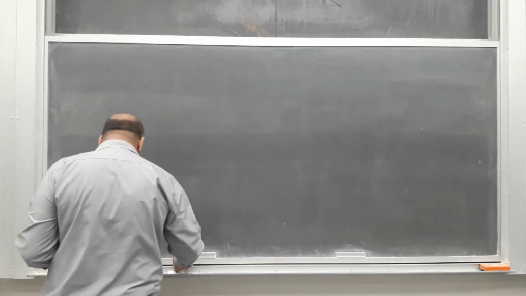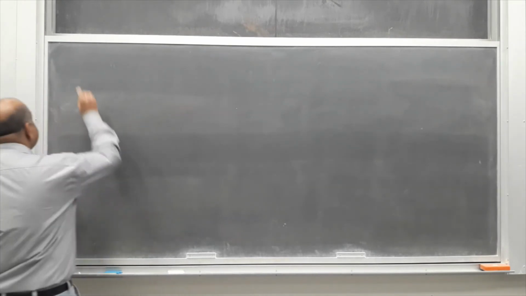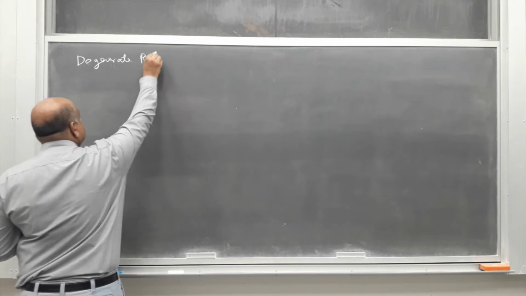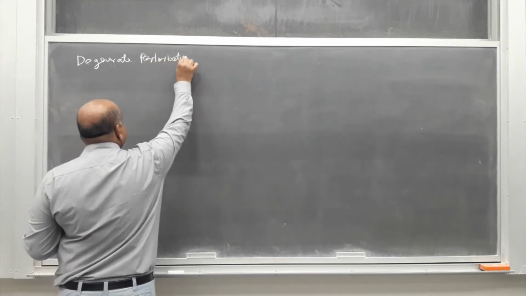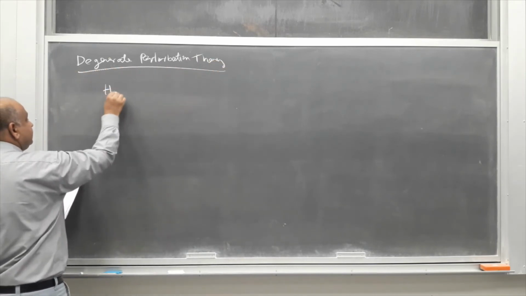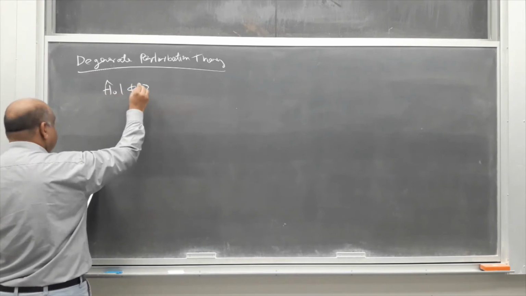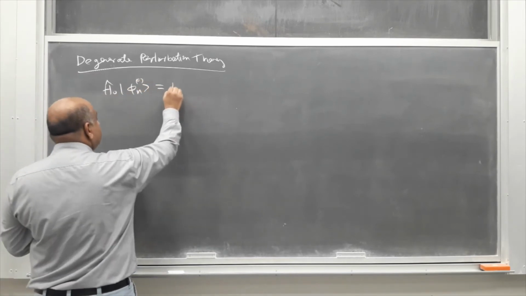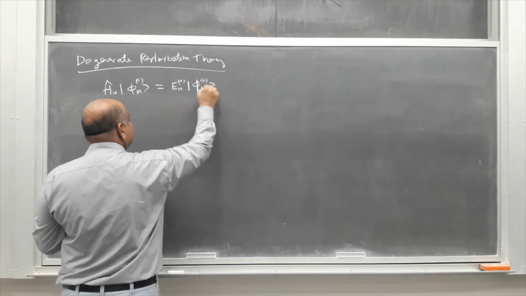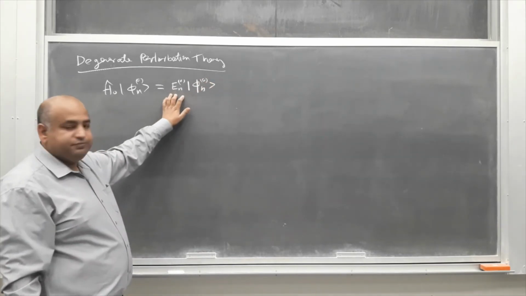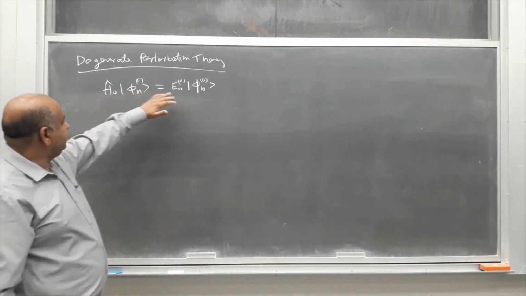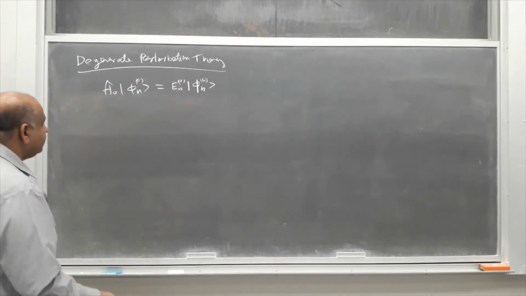Okay, so the degenerate perturbation theory assumes that some of the distinct functions phi n have the same energy En. And let's say, out of these functions,